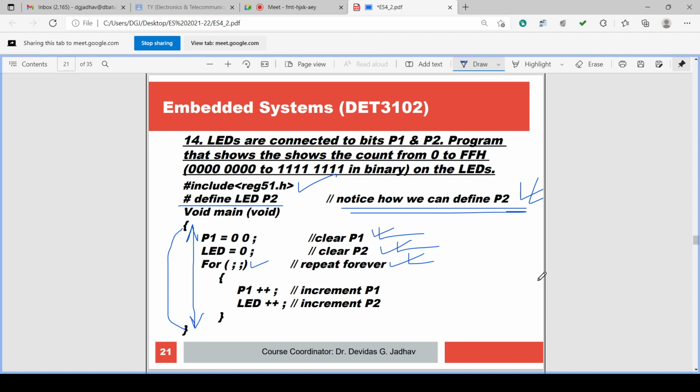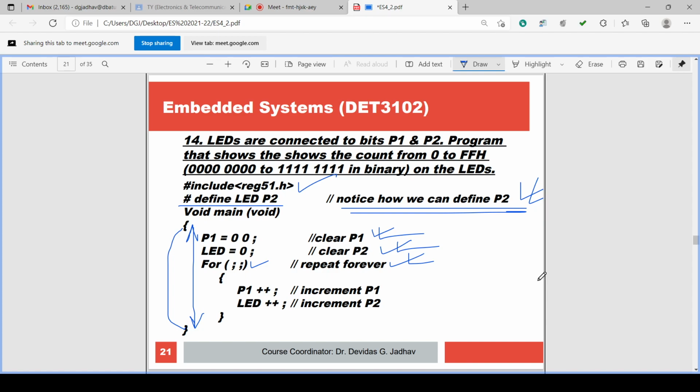It will work, but can we observe it with our eyes on the simulation display or even in hardware? The LED is becoming on and off with a very high frequency. If the LED is connected to a very high frequency and is turning on and off with megahertz frequency, our eye cannot identify when the LED is off and when it is on. It will appear that the LED is continuously on.